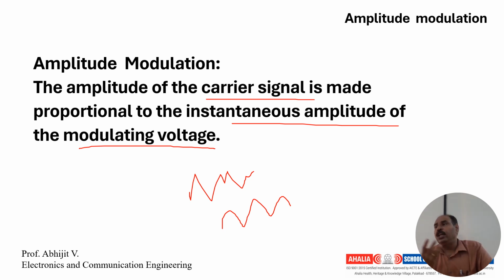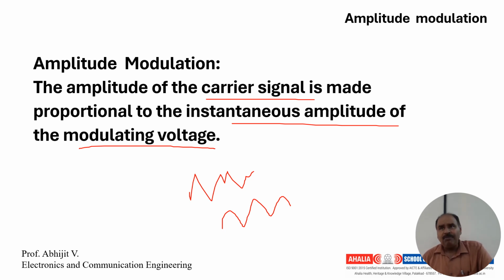So naturally we have three types of modulation. The first type what we are going to study is amplitude modulation. The second type is very common. You might have heard of FM radio, frequency modulation. The third type is phase modulation or angle modulation. All these are dealing with analog communication because all the signals we are going to study are analog. In the first module we will be studying only analog modulation. Second module and third module we will be studying random signals, and third module onwards we will be studying digital